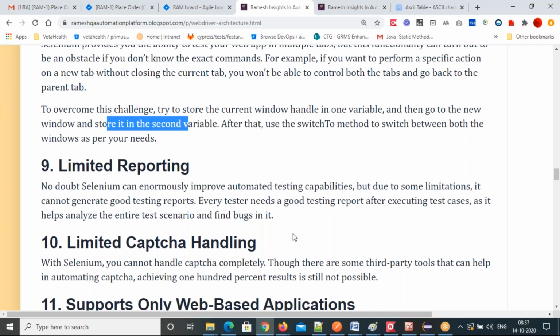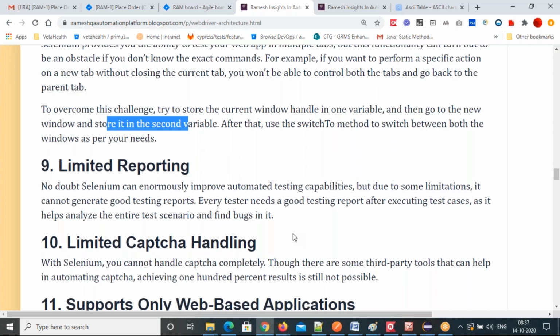Without a proper report you cannot analyze them. So that is limited reporting, another drawback, but you can integrate Selenium with third-party tools and get a proper report.